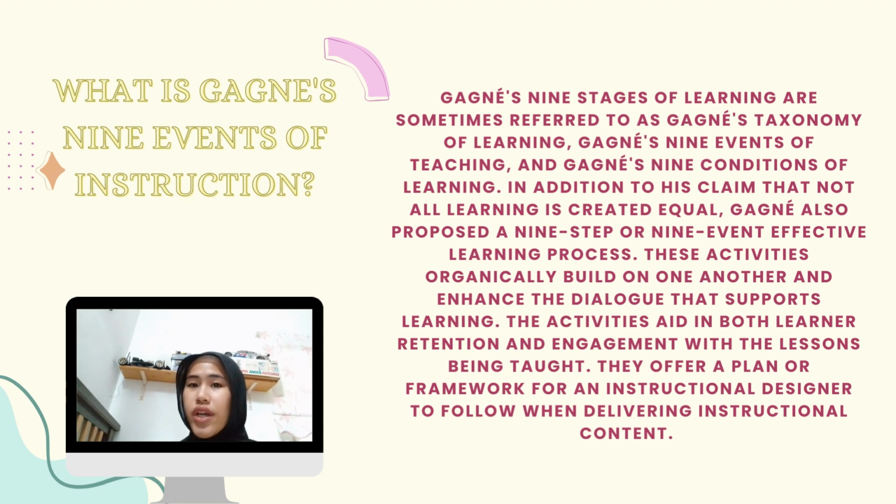So, what is Gagne's 9 events of instruction? Well, Gagne's 9 stages of learning are sometimes referred to as Gagne's taxonomy of learning, Gagne's 9 events of teaching, and Gagne's 9 conditions of learning. In addition to his claim that not all learning is created equal, Gagne also proposed a 9-step or 9-event effective